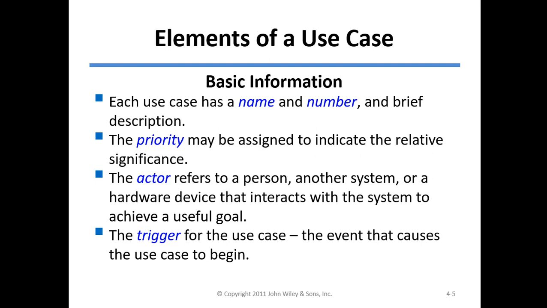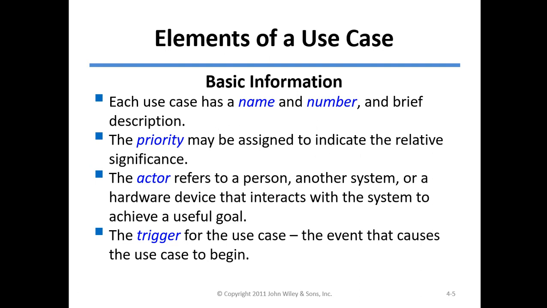As you know, in databases we have several employees, and each employee has a name, but they are not identified by the name; they are identified by their primary key, or unique identification number. Over here as well, we might have several use cases, even use cases that are combined together to form a larger use case, so they must have a unique identification number, and a brief description of what this use case is all about.